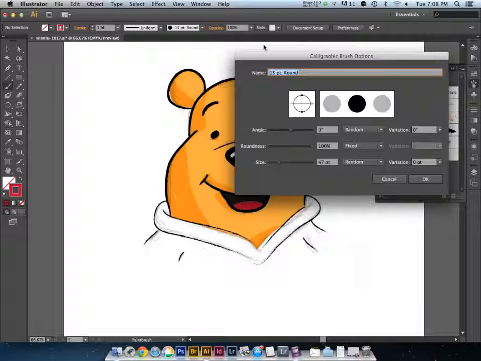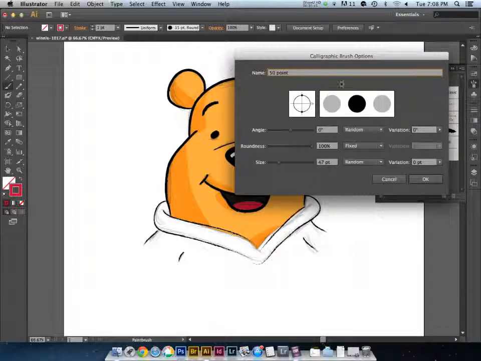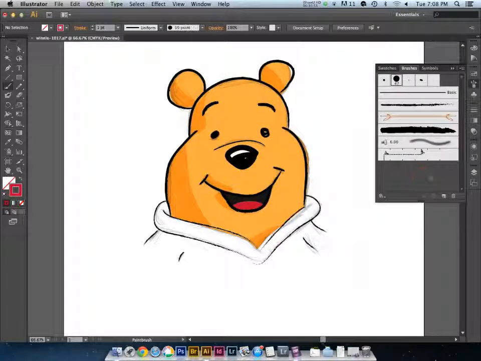You can change the name to 50 points, and just call it a 50-point brush. And leaving it as circular is fine. Again, in lesson 11, you're going to go into a little bit more about changing the angle and the roundness of a brush. But for this, I'm going to leave it at, I guess it turned out to be about 47, and that's fine. And now I can go in and draw more broad strokes